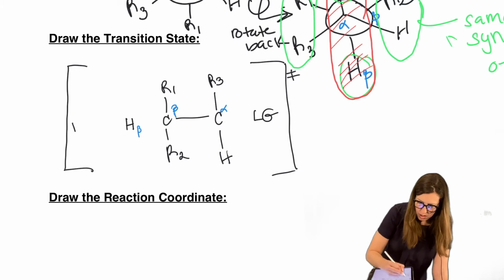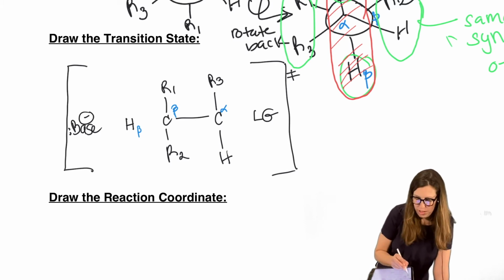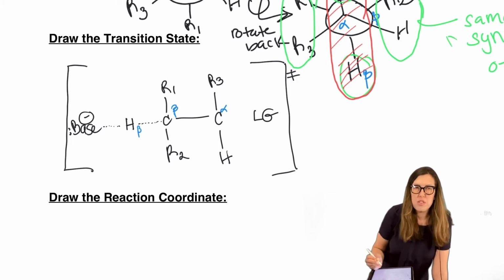Our base comes along in the same line of sight as the H, and it starts to make a bond to H, dotted line. That means the H starts to break its bond to that carbon, which is why that gets a dotted line. The carbon is losing the leaving group, right? The arrow is drawn to show that coming out, so that means we draw a hybrid of that, which means a dotted line here. The base has an arrow coming here, which means we draw a hybrid of that, which means a dotted line there. And then this is about to leave. This is a breaking bond, so we draw a dotted line there.